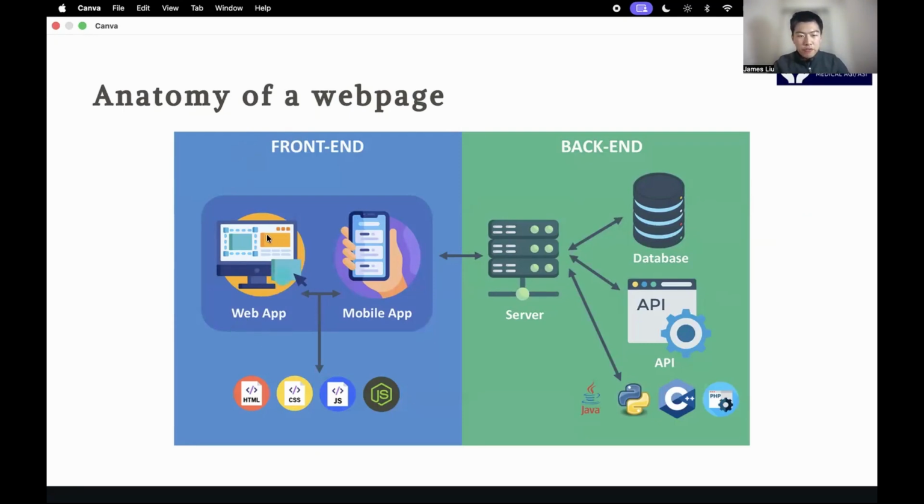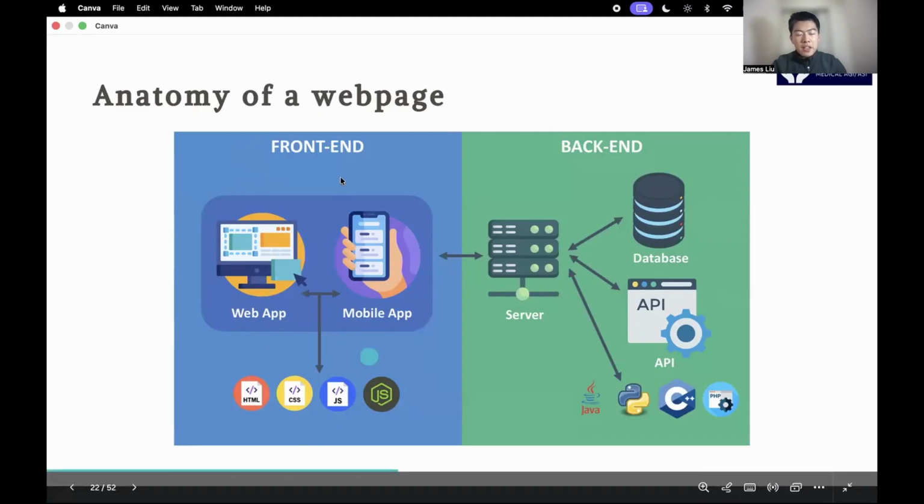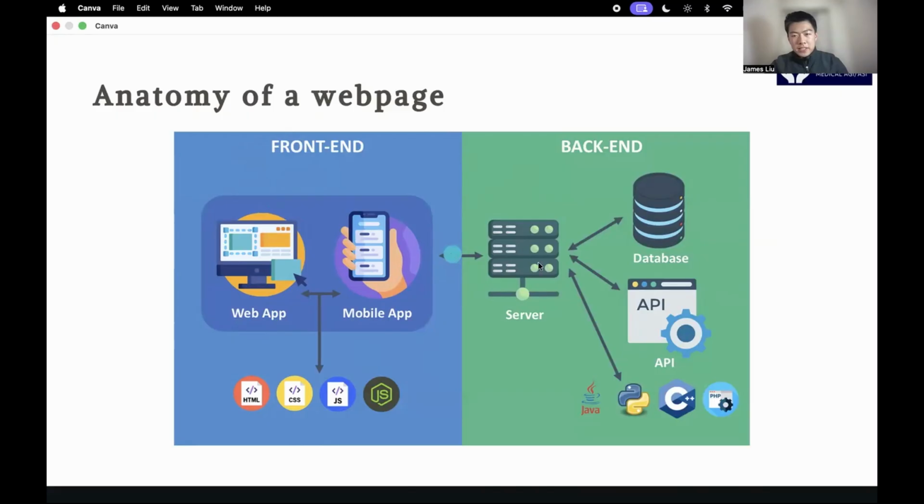It might be in the form of a web app or a mobile app as well, which is a bit harder programmatically for the prototype at least. So this is essentially the part that the user gets to interact with. But the back end is where all the data is hosted. For example, when you click onto a video on YouTube,